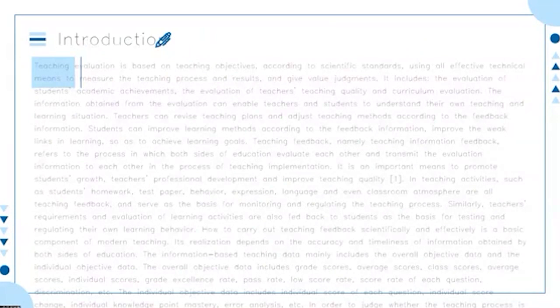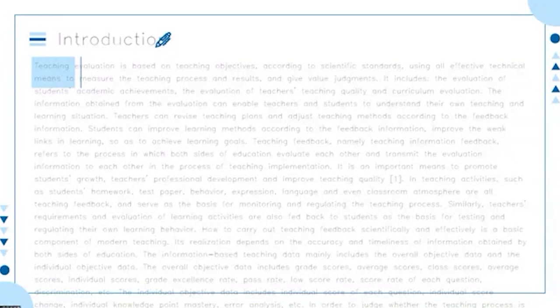Similarly, teachers' requirements and evaluation of learning activities are also feedback to students as the basis for testing and regulating their own learning behavior. How to carry out teaching feedback scientifically and effectively is a basic concern of both sides